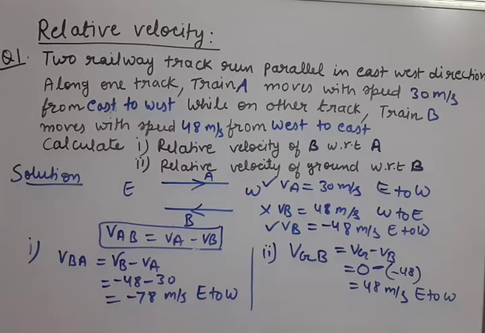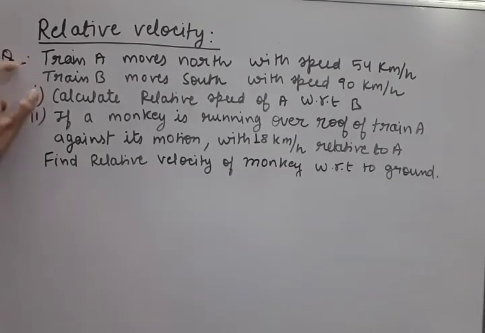Note down this question. We are proceeding to the second question. And remember, in any direction you can solve the question. If my answer came -78 in east to west, then another answer is possible, +78 in west to east. Okay, we can also write this answer as +78 west to east. Okay, here also we can write both in the second way also the answer. East to west answer is 48, so west to east answer will be -48. Question number second, we have now